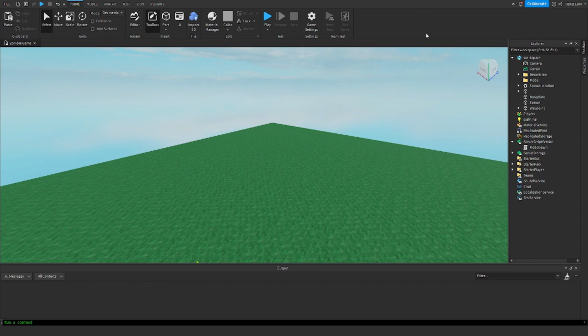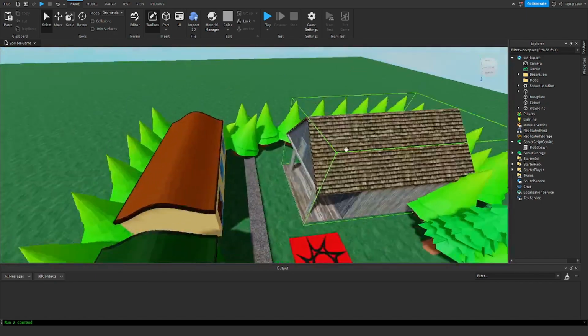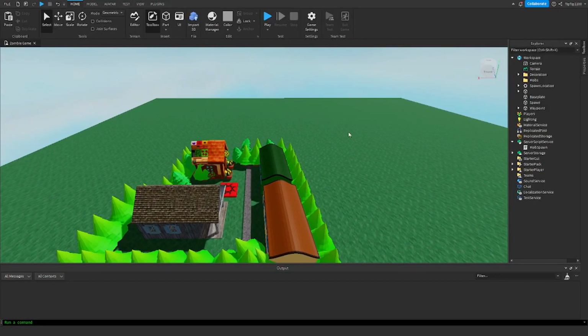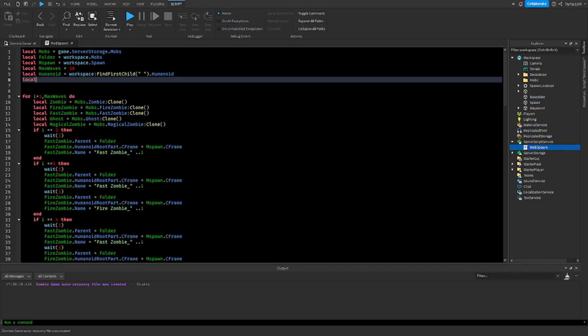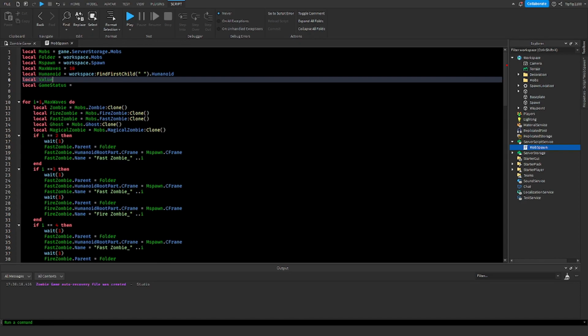In this one I'm actually gonna be adding some screens with text that says you win. And so the first thing I like to do is we're gonna go to our script, the mob spawn script, and you're gonna type in right here local game status equals, and then right above that we're gonna type in local values